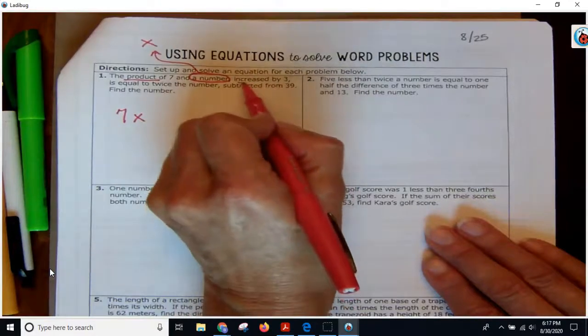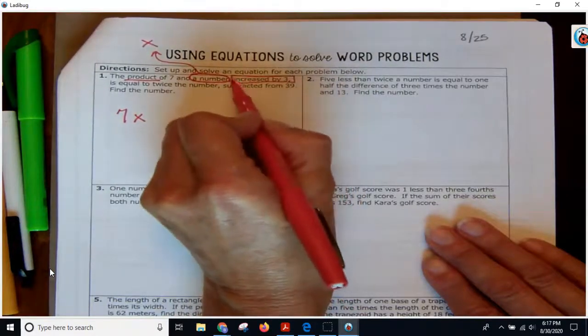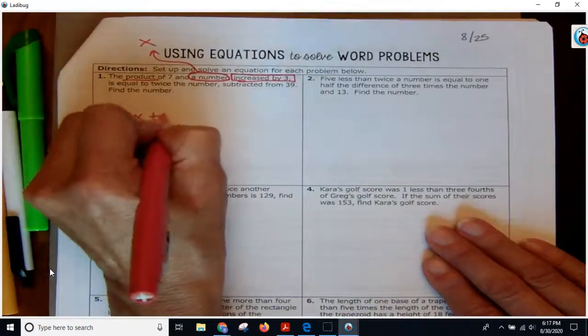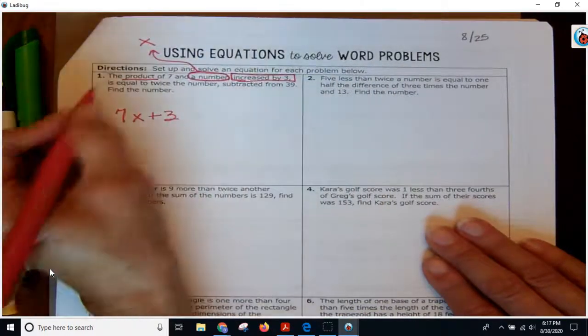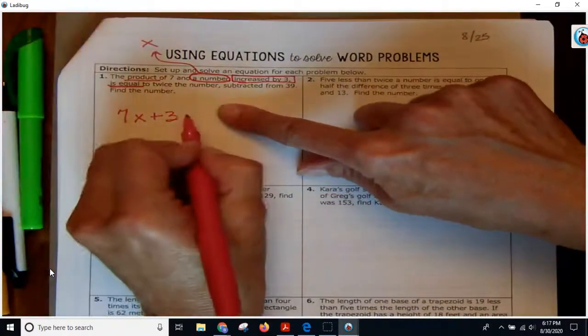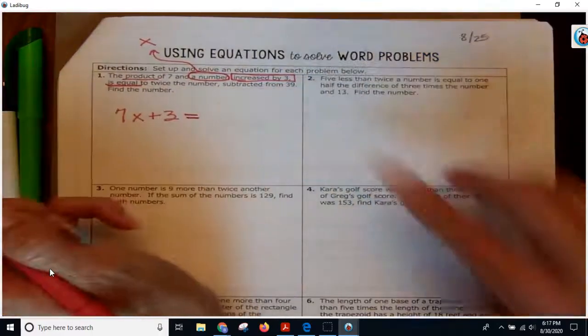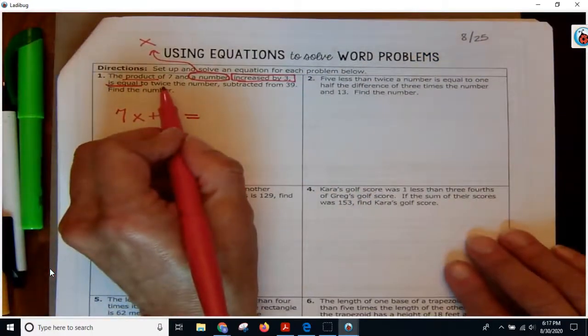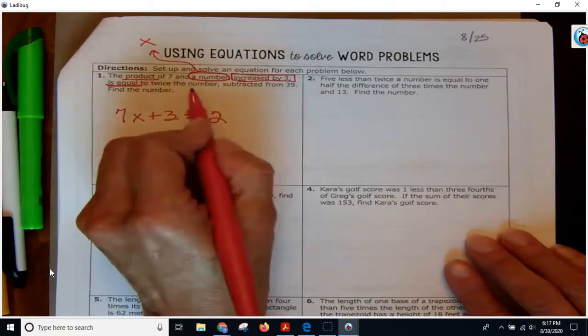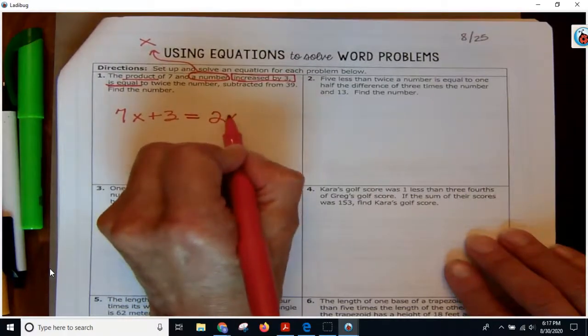Increased by 3. What do you think it means by saying increased? Well, increased means we're going to add 3. Is equal. It says right there is equal, so I'm going to put an equal sign right here. To twice, meaning 2 times the number, the same number, x,